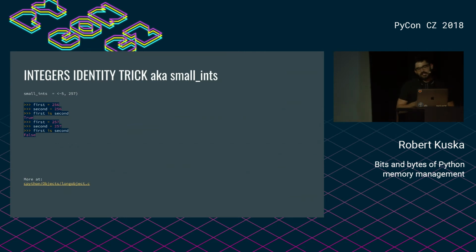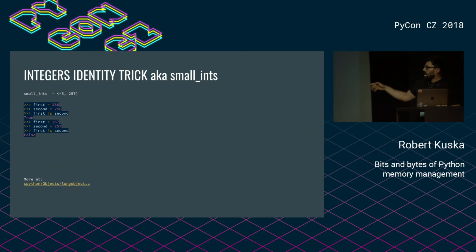This is my favorite thing. This is something which is running on Twitter every now and then. This is a thing called small integers, and you may have already seen it. It's like the identity trick on integers. When you check that 2 is 2, it returns true, but when you give it some really high integer number, it returns false. The thing is that Python, for performance reasons, at the start of the interpreter,